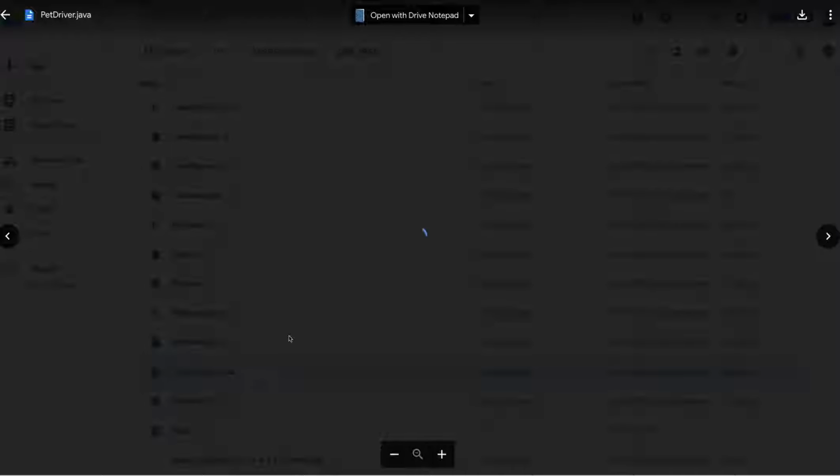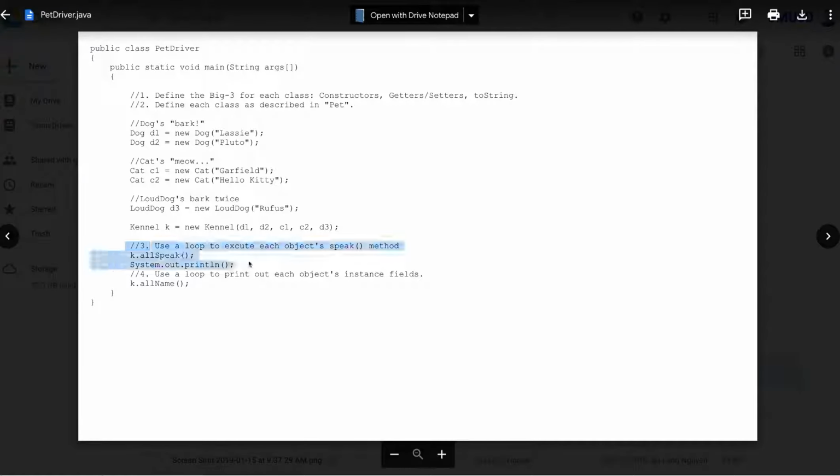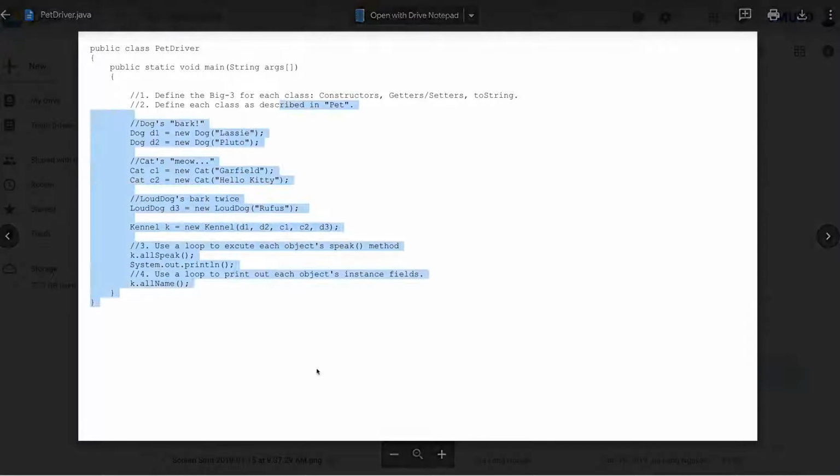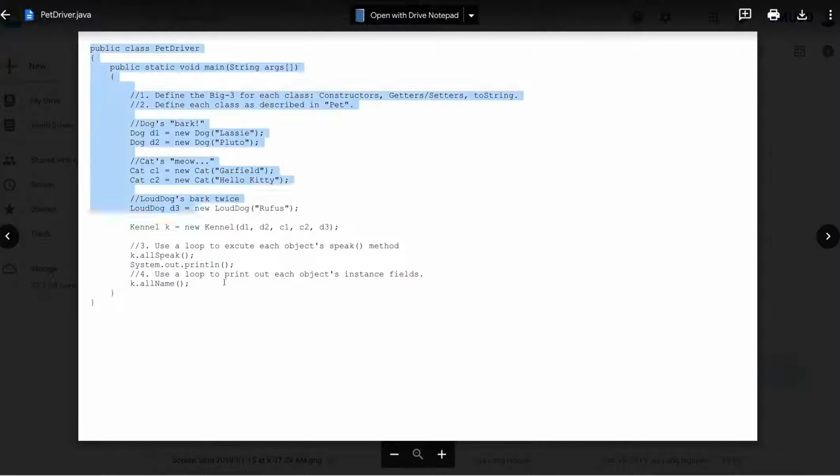And then we got the driver. Most of you didn't have any problems with this, where you run the allSpeak to print out everyone's speak method, and then to print out everyone's instance fields. Well, here they created a special method to do that, but what I was really looking for was a for loop that iterated through kennel's petList, and for each one ran the toString, so did a system print line of every object in the petList. That's what I was looking for. But I didn't ding you for those two. So most of you guys didn't get dinged at all in the pet driver. But yeah, you got kind of marked off on the other aspects of the program, and that's